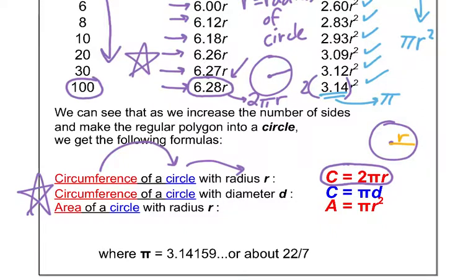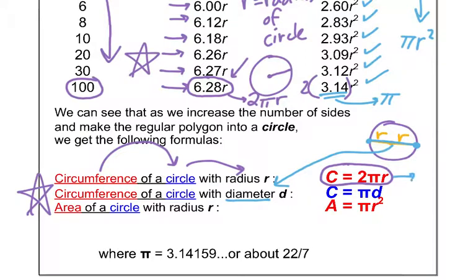But if I take that radius and I extend it in opposite directions, I have another radius. But I also have another name for this whole line that goes straight across from here through the center here. Have you heard that line before? Yeah, that's called the diameter. 2 radiuses or 2 radii combine to form a diameter. So what we can do is we can take this